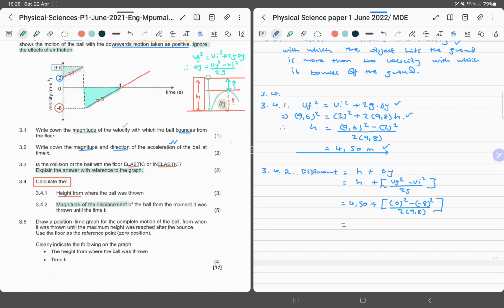So here we've got 0 squared minus, into minus 8 squared, divided by 2 into 9 comma 8. So what I'm getting here is an answer of 1 comma 2 4, to 2 decimal places,